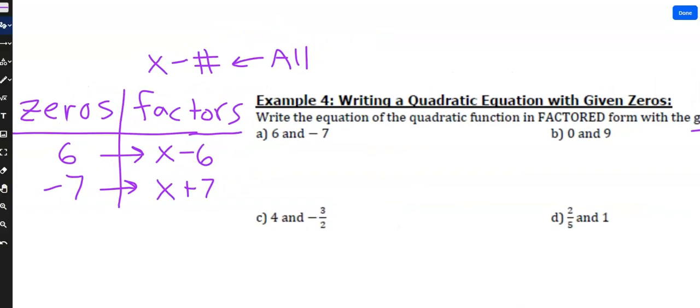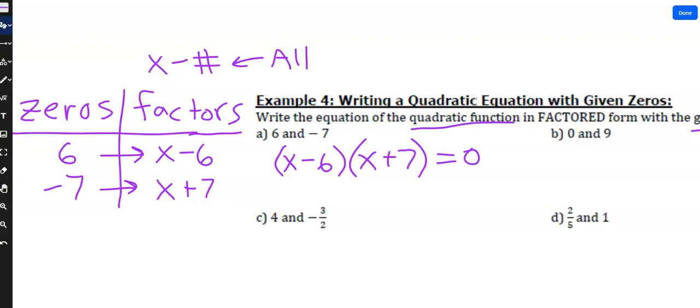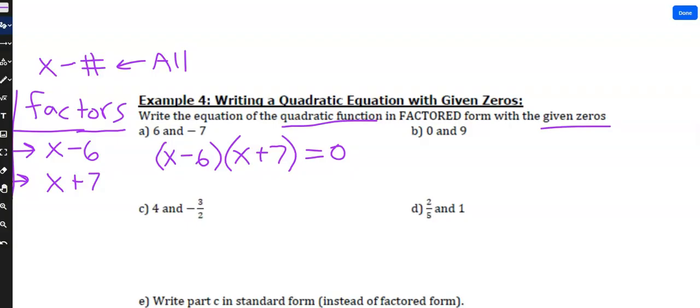Write the equation of a quadratic function. So we got x minus 6, x plus 7, and they wanted it to be a quadratic function, so equals 0. We'll just put equals 0 at the end. They never said that I had to change anything to standard form, so I'm going to leave it as is. If they ever wanted me to change it to standard form, then I'd have to multiply it together,